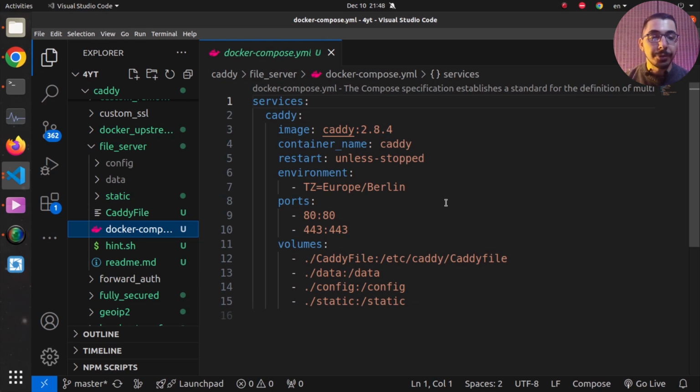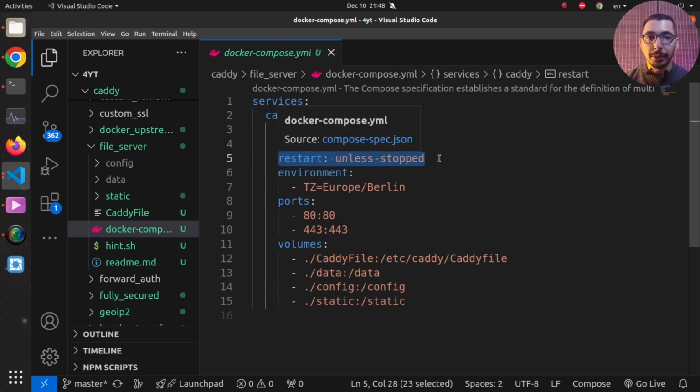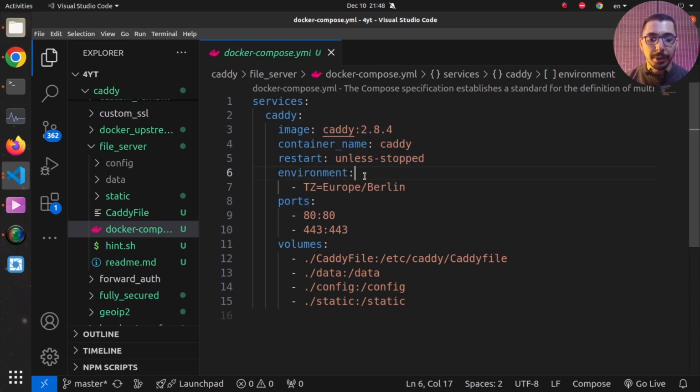So as you can see right over here, I've got a basic Docker Compose file in which I have only one service, which is using the official Caddy image with some recent tag, and by setting the restart policy, I'm actually telling the Docker engine to try to restart this container whenever it sees that it is not up and running. In the environment variable section, I'm passing the TZ environment variable to set the time zone